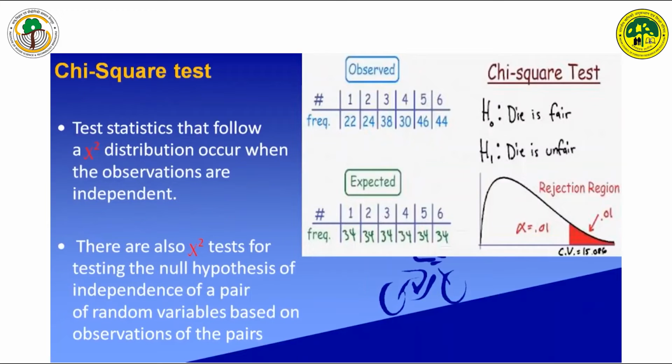And next we go to the Chi-square test. The Chi-square test is the goodness of fit, used to say goodness of fit. It follows the distribution that occurs when the observations are independent. Already observed like that, then what could be expected could change. Those possible changes could happen to the hypothetical independence of the random variable with the observations. So these should be the observed frequencies, and these are the expected frequencies. So the hypothesis is whether the die is fair or the die is unfair. So you can make the rejection of the hypothesis.